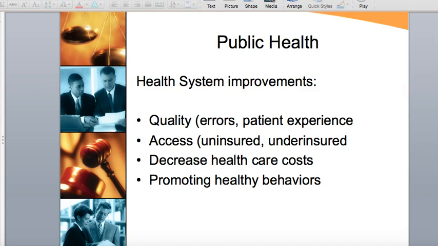Even though the public health initiatives are meant to improve overall health outcomes, they are not necessarily meant to improve the quality of our health system. There's still a lot more that our health systems themselves can do in terms of improvement to enhance overall public health. And their duties and responsibilities to the public is different than the initiatives and tasks of public health activities. So when we're talking about health system improvements and what are some of the things that specific health systems need to do to improve overall public health,